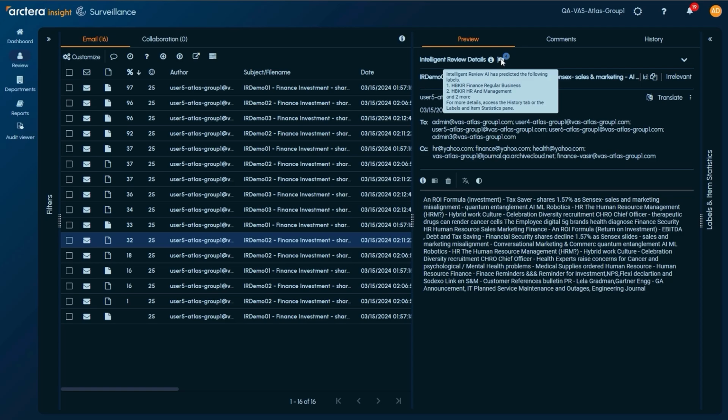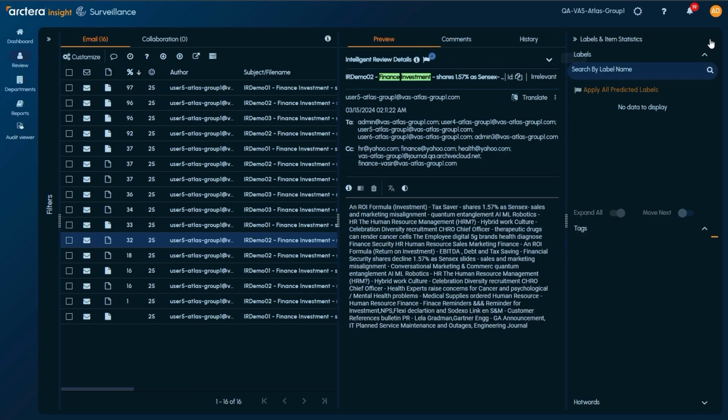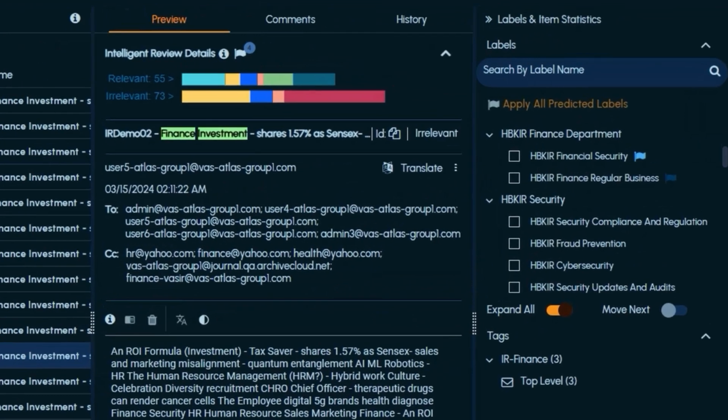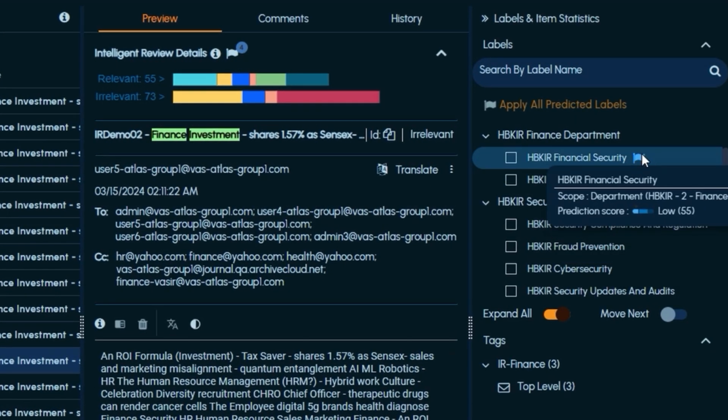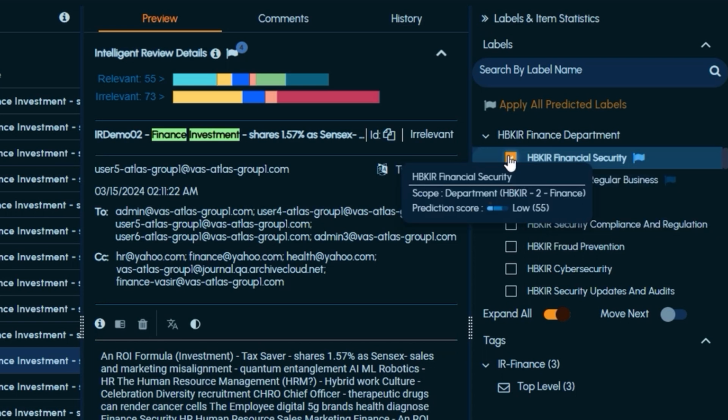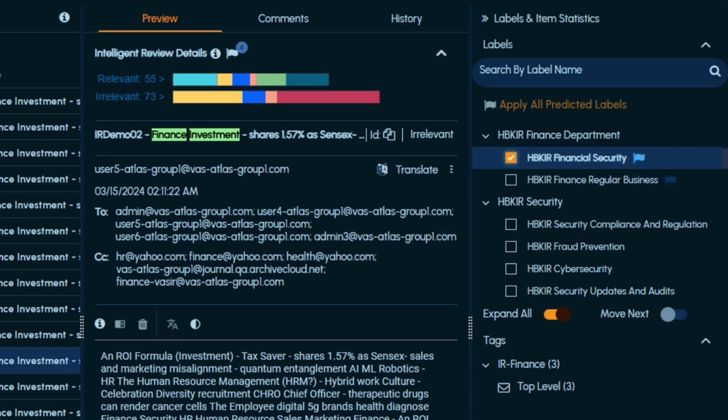Intelligent review machine learning can also help us predict which labels we may want to apply on this item through its labels prediction feature. We can see here that the labels marked with a flag are the ones that the machine learning thinks should be applied to the specific item, giving the cue to the reviewer that they might want to consider applying these labels. The machine basically learns from past items which labels were applied to specific items in the past, and it uses that training to be able to predict, when a new item comes in, which labels and which marks should be